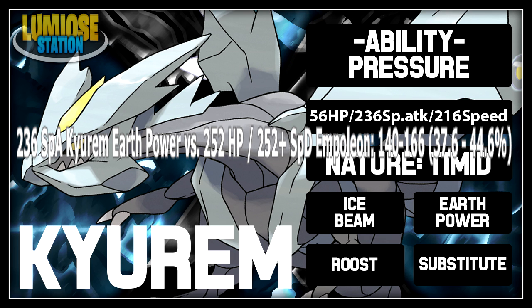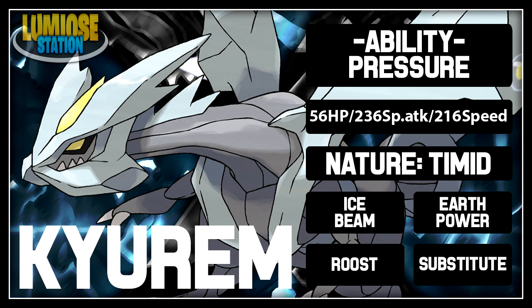And Earth Power does 37 to 44% damage, which, as I said, I find to be very, very impressive just because Empoleon is very specially bulky, which means if it really came down to a one-on-one match, Kyurem would be able to beat Empoleon, because most Empoleons tend to carry Defog, Stealth Rock, Scald, and Roar, or Toxic. And actually, if they carry Toxic over Roar, then you're able to just set up a substitute and Earth Power until eventually they're gone, which makes Kyurem really a nice answer to Empoleon because Empoleon is extremely bulky,